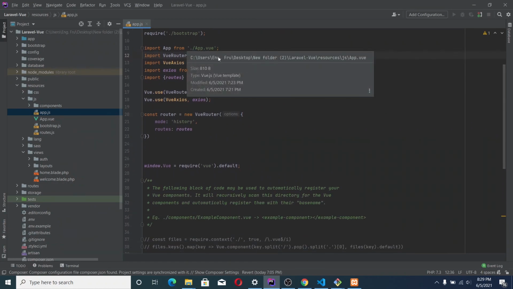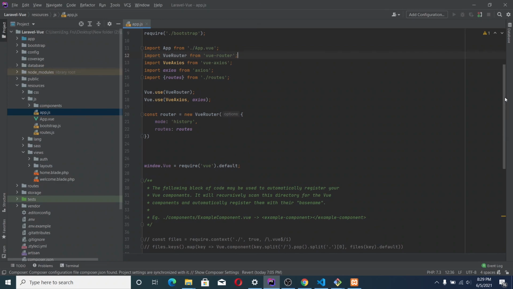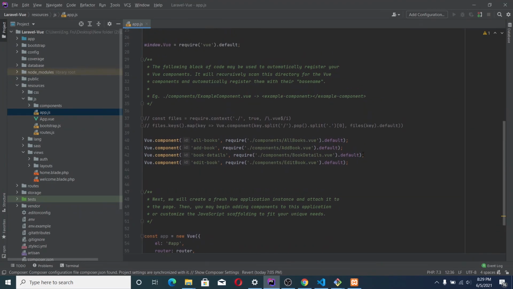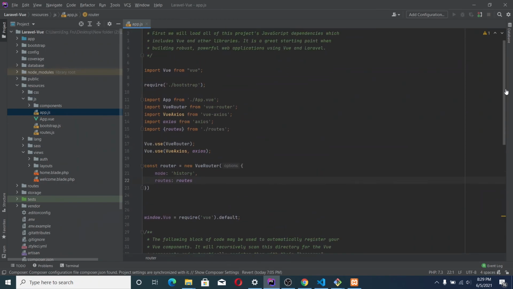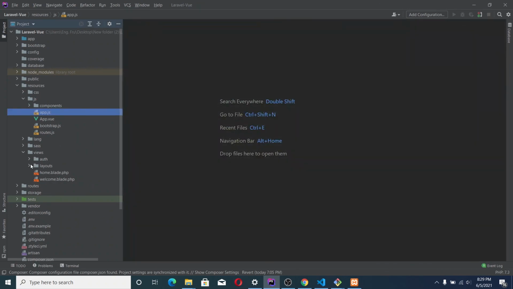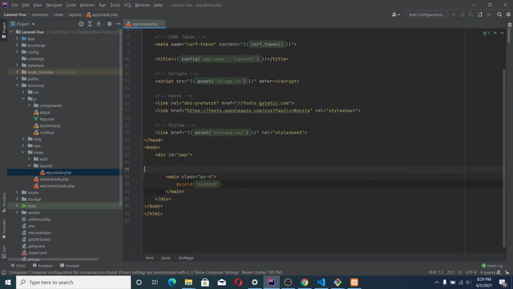We're importing App.vue and Vue Router, all dependencies that we need, so we're importing them here and we're defining our router. So we are registering our components here and then we are arranging this our base template, this App.vue here, in this our layouts file here called app.blade. Okay, so we are arranging it here.